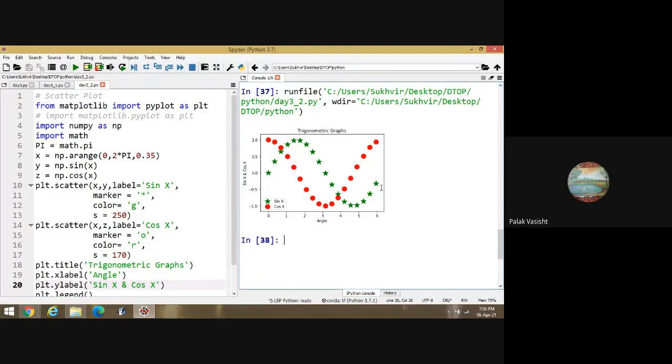Yes sir. Is the content clear up to this point? What is the meaning of title? What is the meaning of X label? What is the meaning of Y label? Title means, sir, at the top of the graph, what we are writing. What is the meaning of X label on X axis? What is the title of that particular X label? Means what is represented by X axis. And after that, Y label is there.